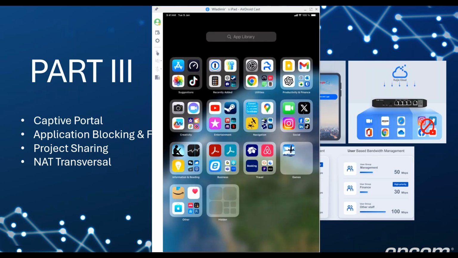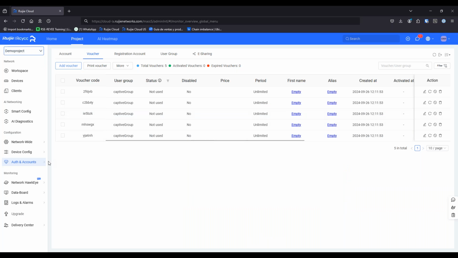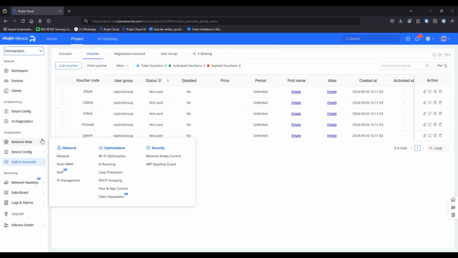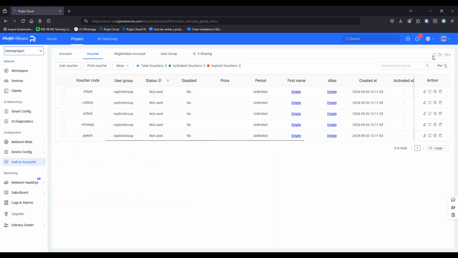So let's go back to the cloud, and we're going to create some kind of block control and flow control. What happens if you are connected to the captive portal, but this is like a company, maybe you are using this app? Before we go into that, if we check here,